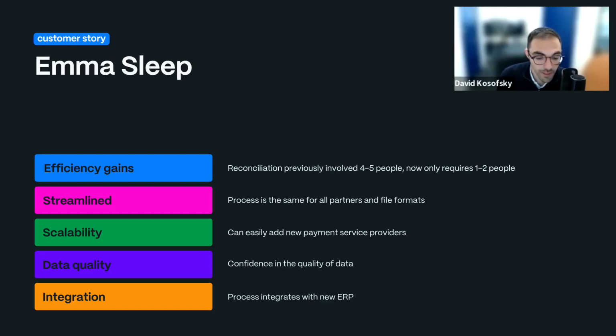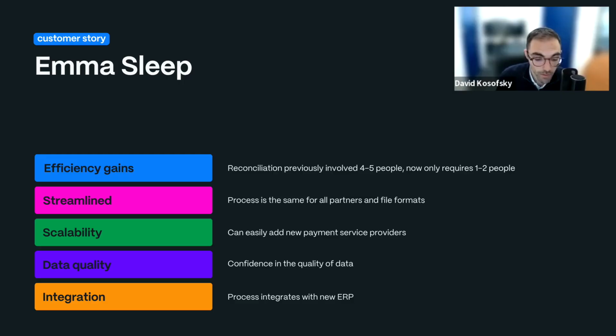Another thing I want to mention is data quality. It's as simple as the following statement: less human involvement means fewer errors. So whenever we can automate a data process, we can have increased confidence that the quality and accuracy of the data that's coming through is going to be improved.